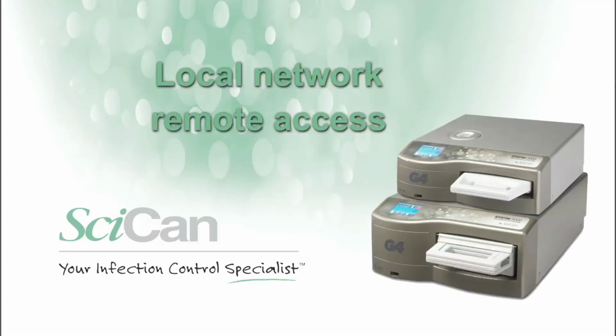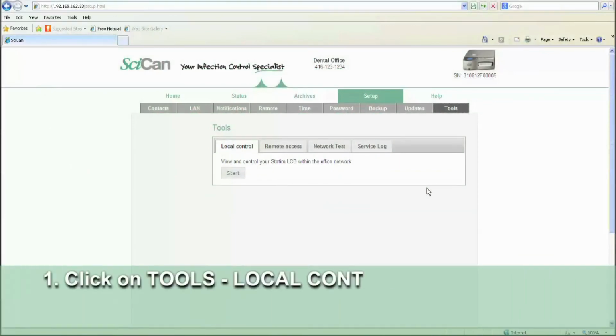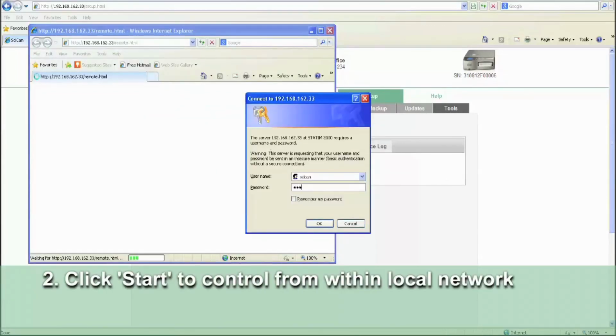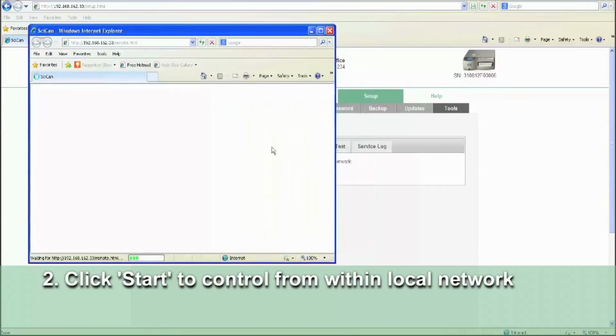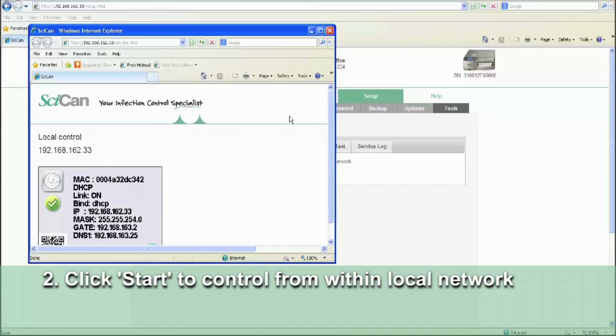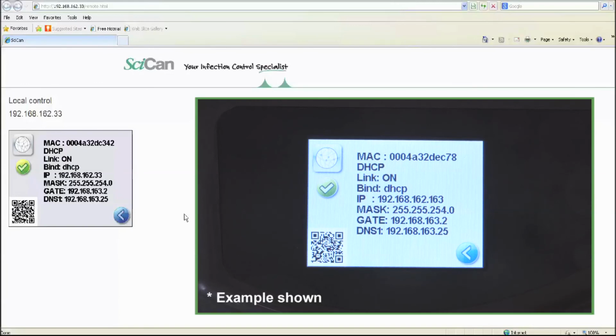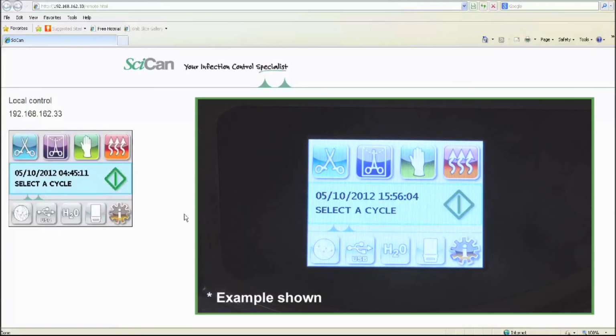To gain control of the unit from inside the office network, from the Tools page, click on the Local Control tab. Click on the Start button to start a local connection within the office network. It will open up a page or tab that mirrors your unit's touchscreen. So from your web-enabled device, you can click on the icons as if you were physically pushing the buttons on